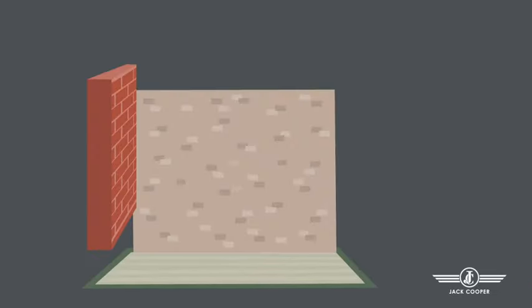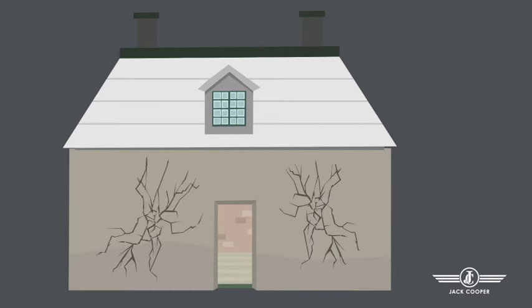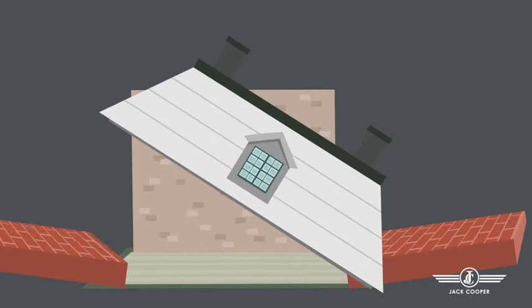Imagine you're building a house. You lay a foundation. You put up 4 walls, then a roof. However, one of your walls is made of poor material. Although it appears like the other 3, the wall is weak and cannot bear the weight of the roof. After a short time, the weight of the roof is too much for the poorly constructed wall, and the entire